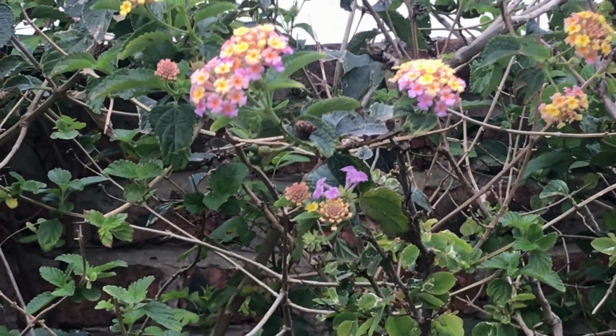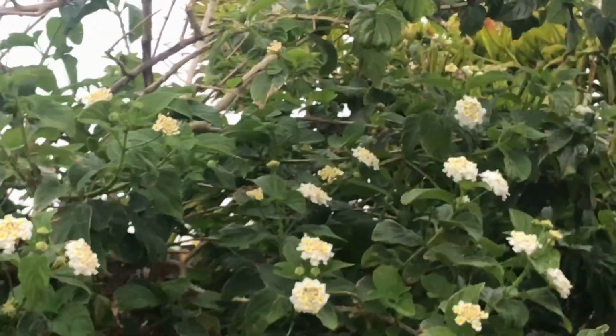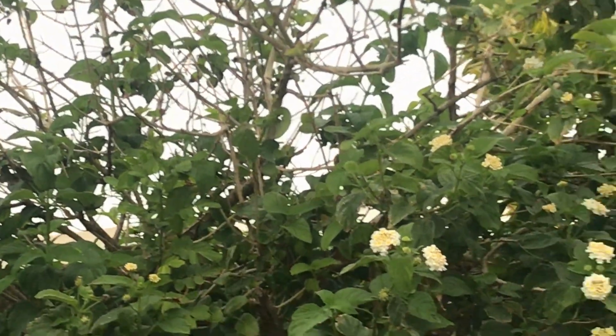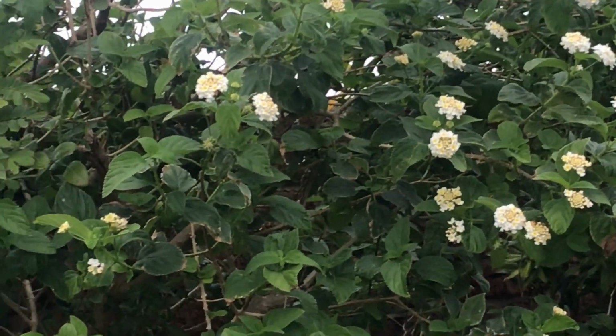Guys, spring is here. We are having a lot of blossoms. Looks very pretty, but not so good actually, this blossom that we are having here, because this is an alien